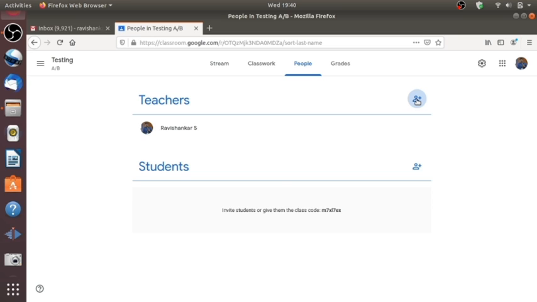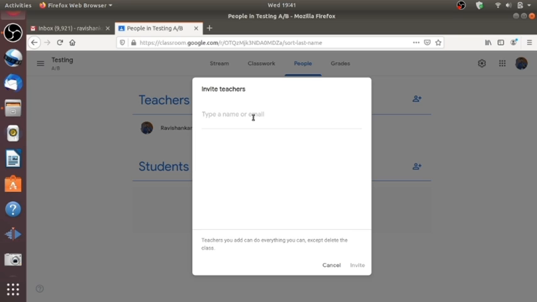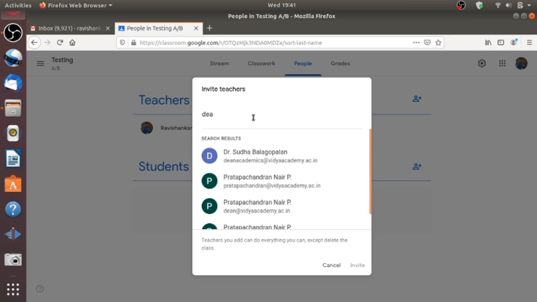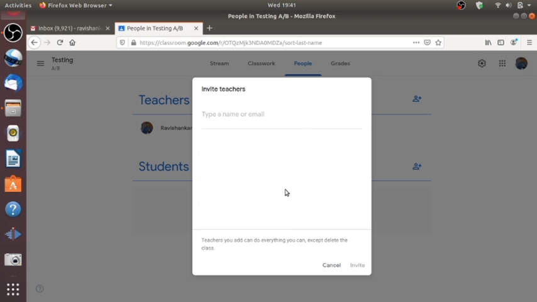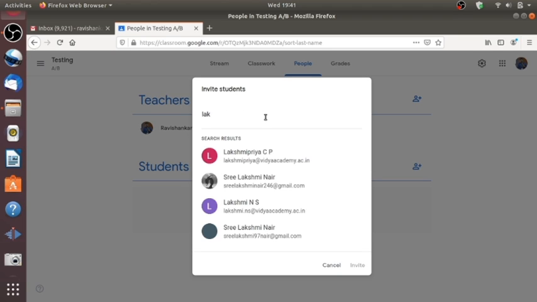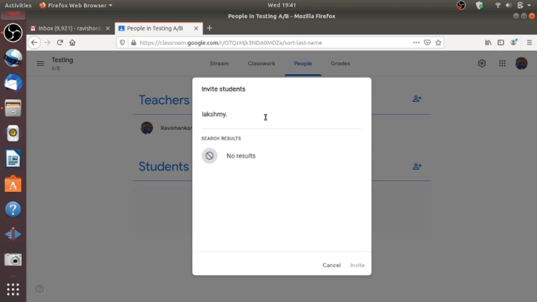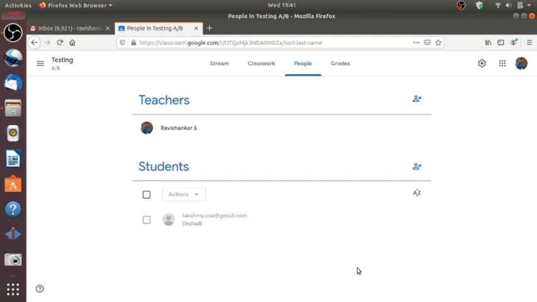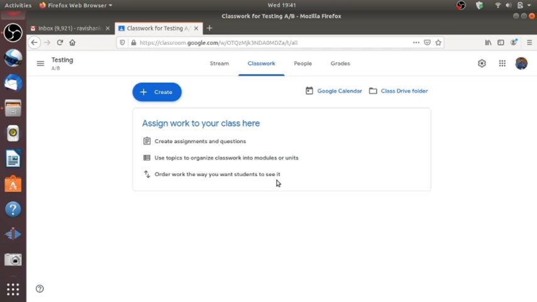So let me invite teachers here. When you type the mail IDs, suggestions of all the teachers from the organization will automatically come. We can add students as well. We can add students by typing the mail ID there, or we can also type the group mail ID so that everybody will be getting the request. Once you share the access code with them, they will be able to join the Google Classroom. Here I have invited a student. So after adding a student, go to the classwork menu.